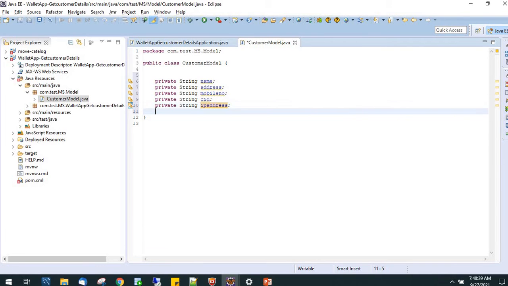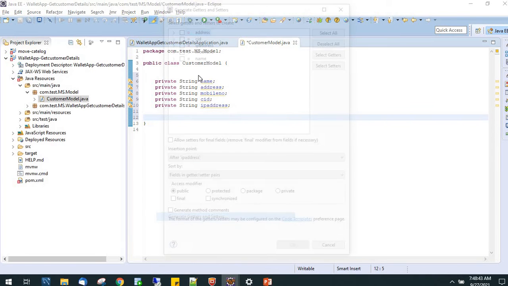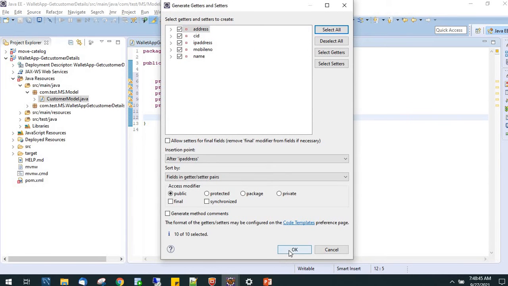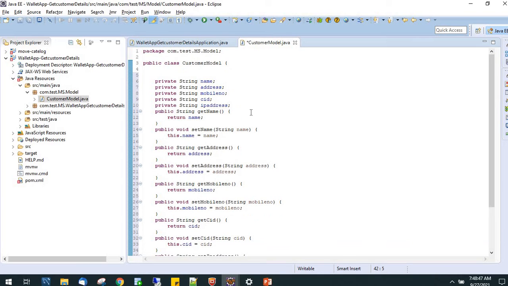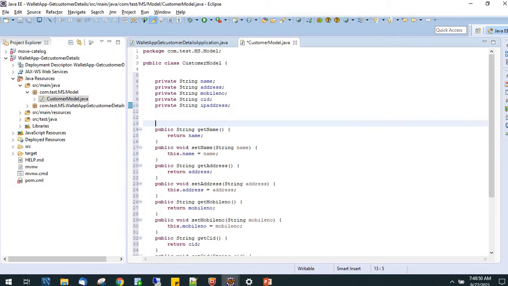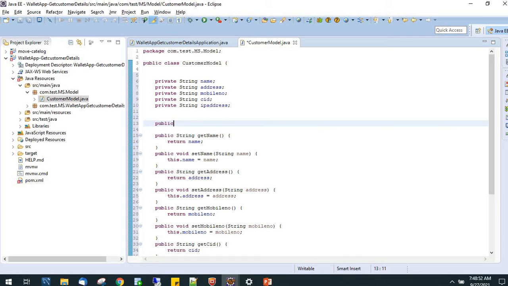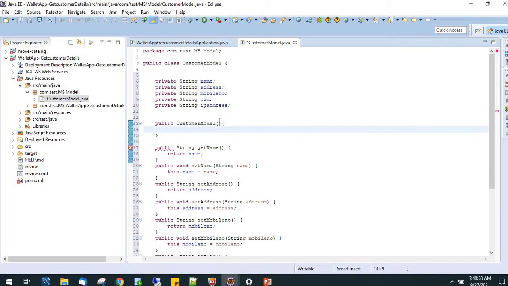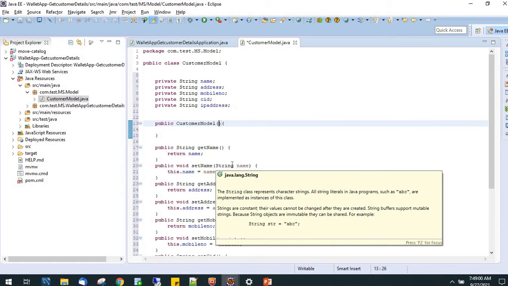Okay, for this we have to create the basic things, getters and setters, select all. Okay, so we have to create a constructor, customer model. So this is the default constructor, we have to make it parameterized.